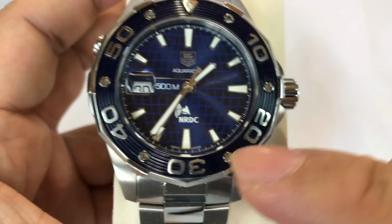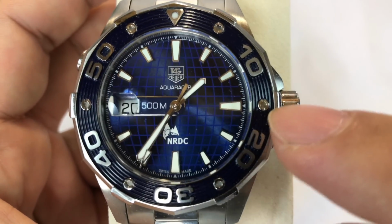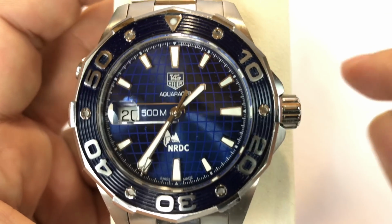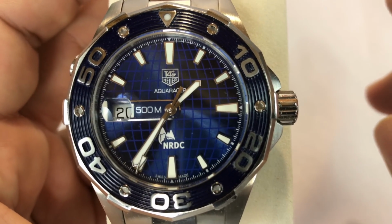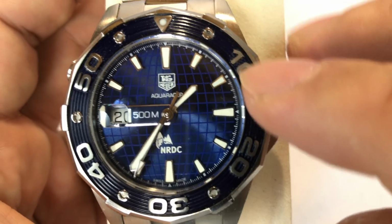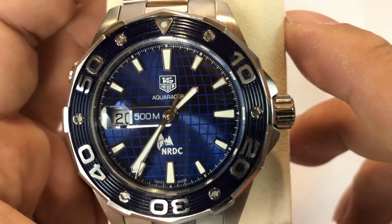It has kind of this vinyl outer bezel here, so it's blue. And I want to say that the vinyl, which is supposed to be very tough, is kind of like the vinyl that they use for football decals. Now, I've only heard that. I don't know that for sure. Personally, I'd rather have a ceramic or kind of a metal bezel, something that's more easily replaceable, but it